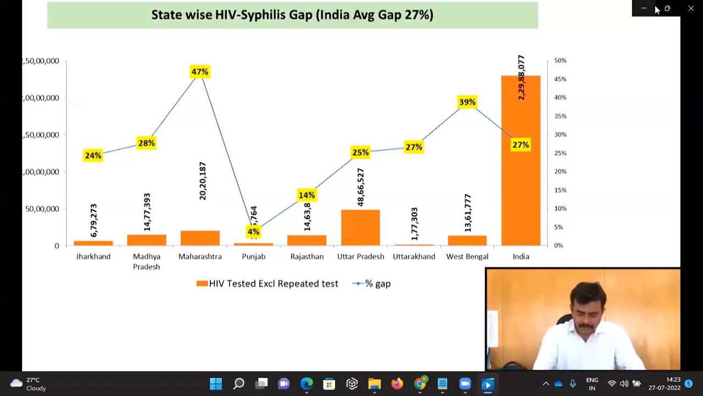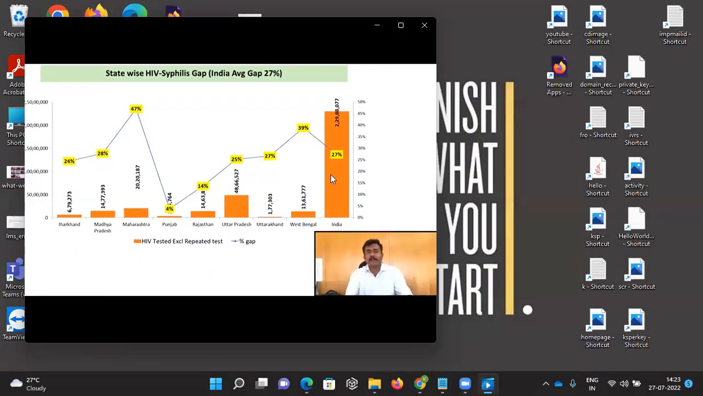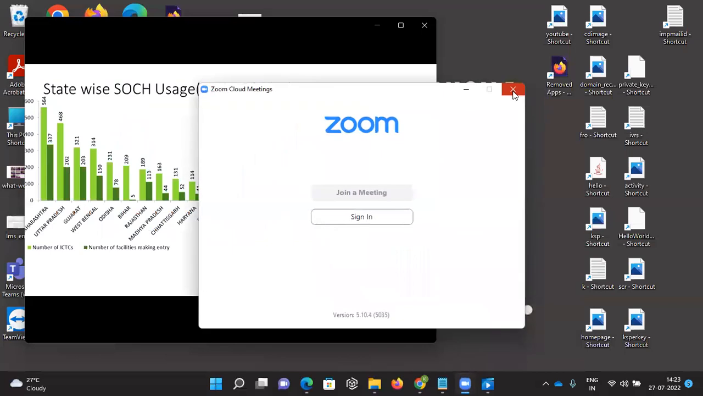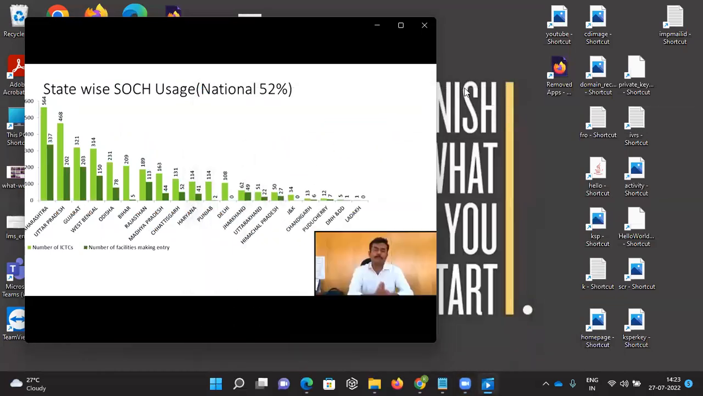And if you ask what we are doing at NACO level, we have already revised our TRGs. So very soon we are taking the approval of dual kits procurement to a TRG, at the central level. That will help us to reach out to more population and test as and when required. Although in the last couple of months the SOCH usage has significantly changed from 24% to 54%,